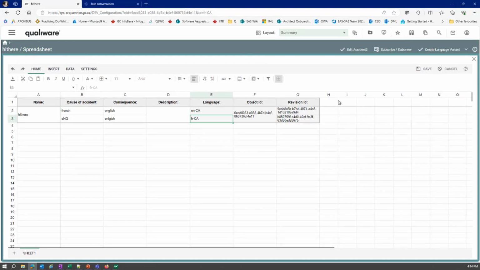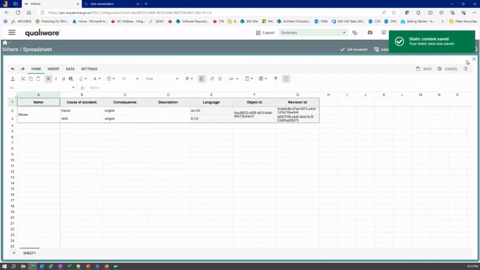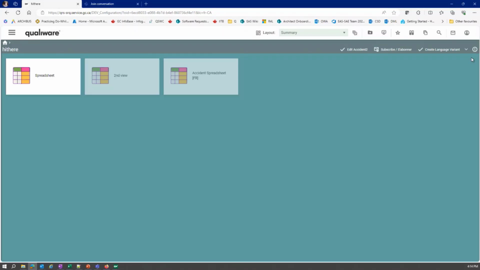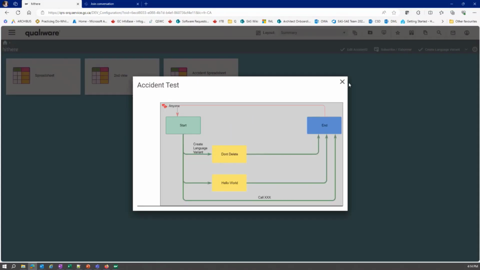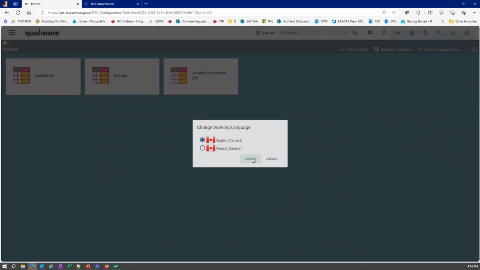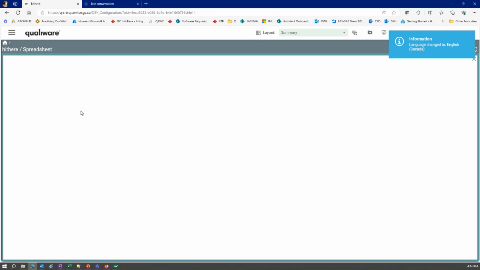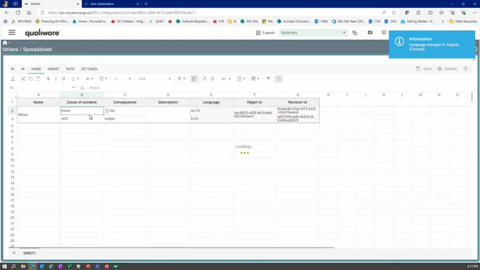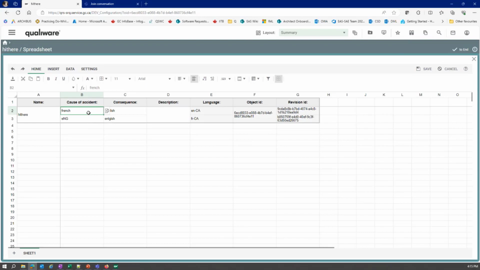So again, working in French, if I make this French and, oops, cancel, and I save it and then flip this back to English, I then can work in both languages. Oops, sorry. What I find troublesome here is the field that I shouldn't modify, I'm able to modify. So I really want this one to be English and not touch this stuff. So